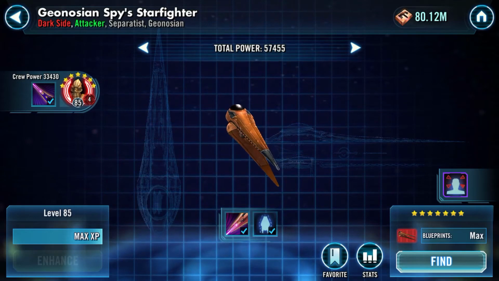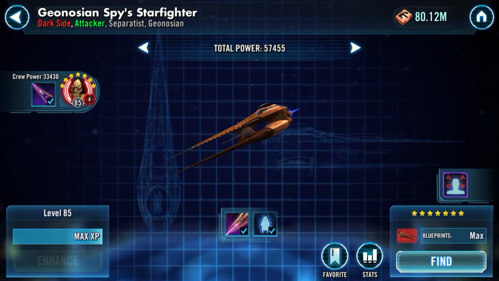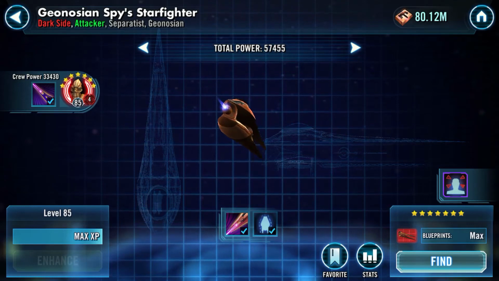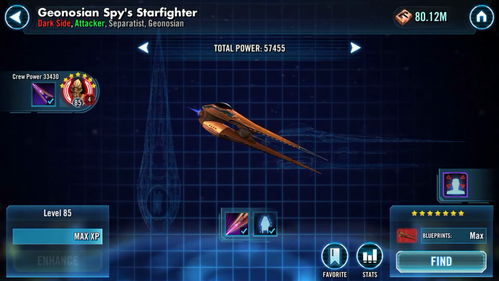Number 6, Geonosian Spy's Starfighter, Gear 12+. Geospy will usually serve as a reinforcement, and once he's been called in and uses his mass assist call, he isn't super important anymore. Higher gear means higher damage output and survivability, but neither is essential for the role he fills in this fleet. Number 7,